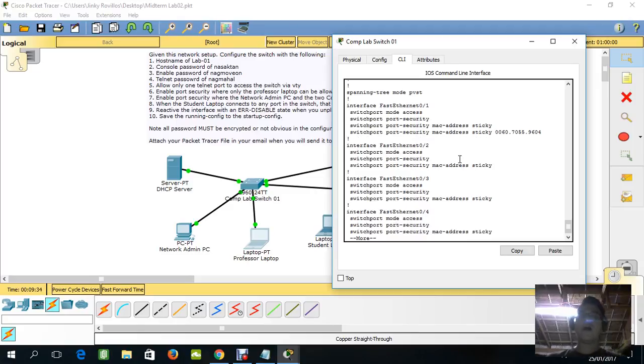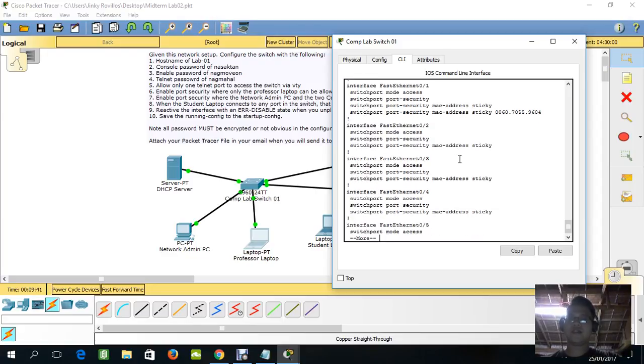As you can see, all the FastEthernet ports have mode access, port security MAC address sticky.